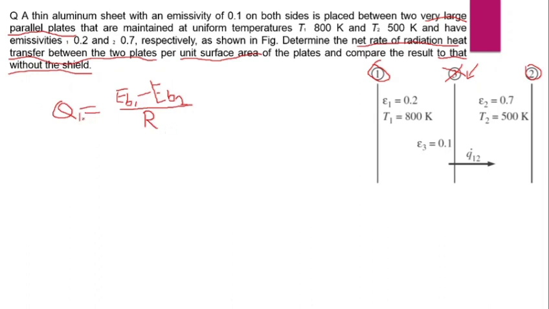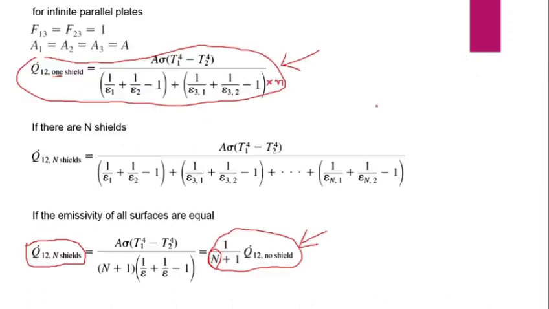So first we are going to find out Q1. So Q1 is the case where we are not using shield. So this is pretty easy and we have solved some numericals already on this. So we are going to directly find out radiation heat transfer between 1 and 2 in the case of 3. If we have 3, meaning radiation shield in between 1 and 2, how are we going to do that? We are going to use one formula out of this one and this one.